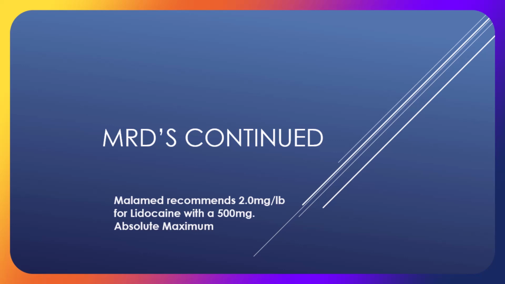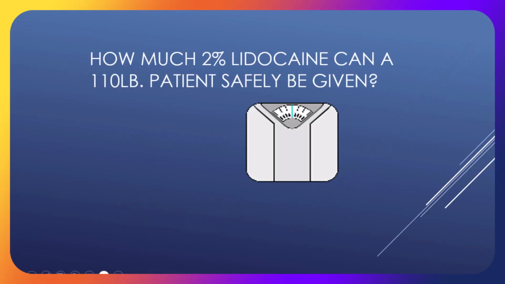The maximum recommended dosages for local anesthetic for 2% lidocaine used to be 2 milligrams per pound. So you may see in old reading or old information 2 milligrams per pound. The new calculation is 3.2 milligrams per pound, still with a 500 milligram absolute maximum. Now, this changes the calculation on the following slide. So how much 2% lidocaine can a 110-pound patient safely be given? If it's 110 pounds times 3.2 milligrams per pound, that gives us